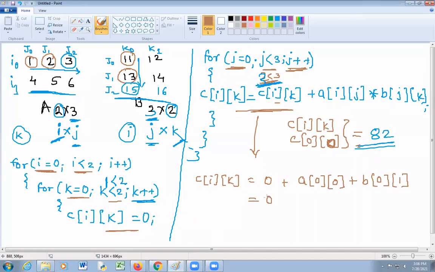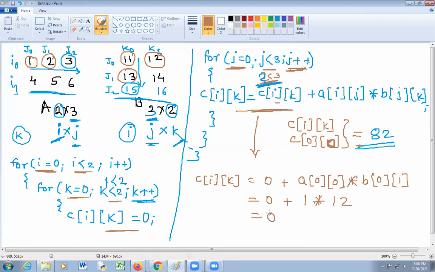So here 0 plus A 0 0, A 0 0 is again 1, into here multiplication. So into B of 0 1, B of j 0, k 1, that is this number 12.